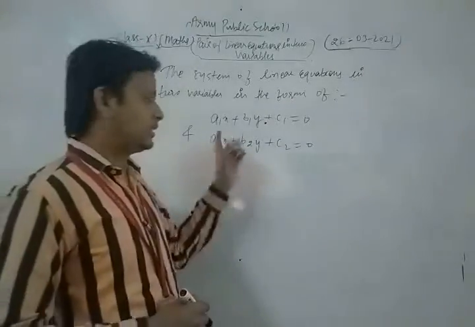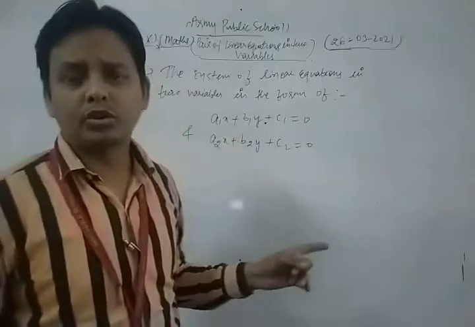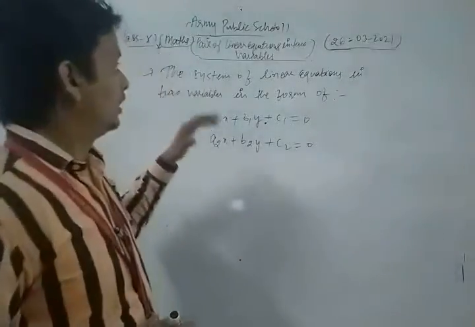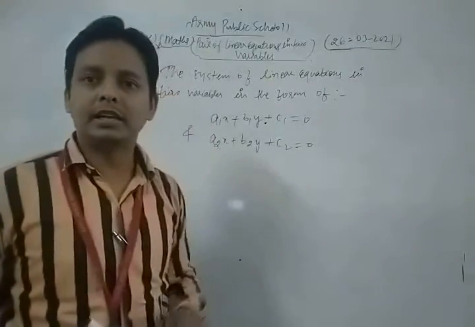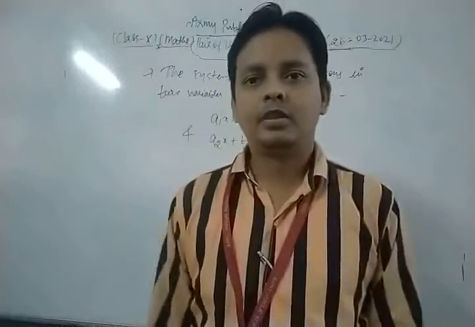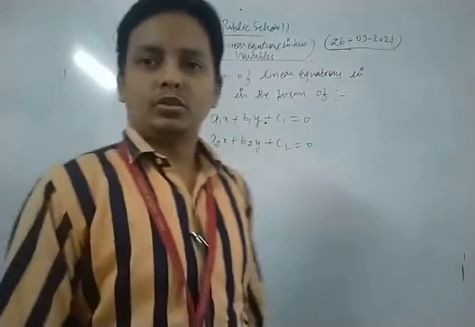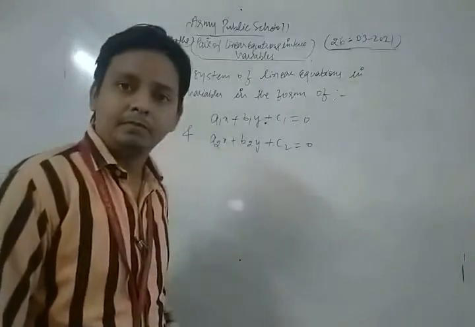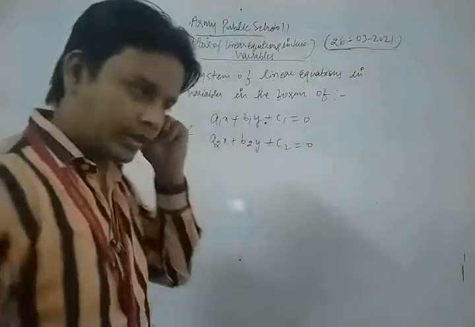Here this is linear because the highest power of the variable is 1, so it is said to be a linear equation. And linear equation in two variables means that both the equations contain two variables, x and y. So it is known as the pair of linear equations in two variables. Okay, dear students, now